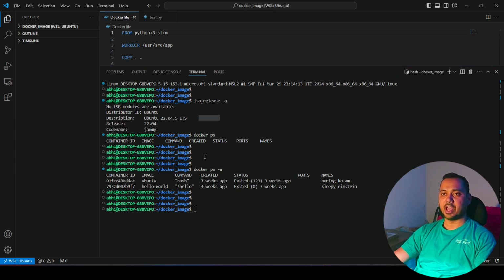So we have Docker inside our Ubuntu machine, and we have our VS Code ready, which we can connect to any project. Right now it is just a simple Python project. We can create a Java project, or Angular or front-end projects, and we can use VS Code to connect to that project and do our development